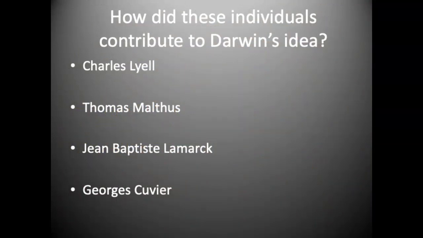Here are the major contributors that helped Darwin discover the mechanism for evolution. Lyell was the one who thought that environments changed over time, and we have a vast amount of evidence for that. Thomas Malthus suggested that populations tend to increase until they run out of food or shelter. We have evidence of that. Jean-Baptiste Lamarck suggested that species changed over time. Correct on that, but not correct on how they change. And if you're wondering, well, Mr. Dell, how do these species change over time? That's what this unit is about. And Georges Cuvier suggested that, well, it's true that environments do change slowly over time, but every now and then there can be a catastrophic event on Earth that causes the environment to change very quickly.